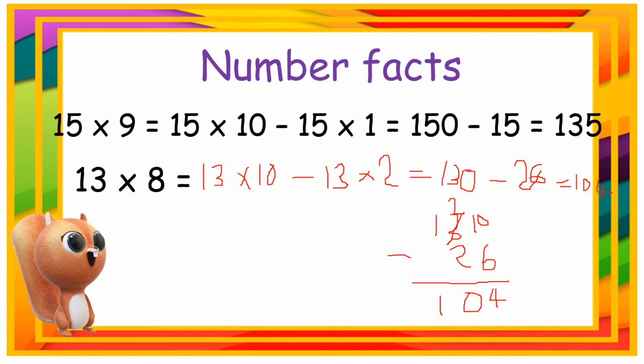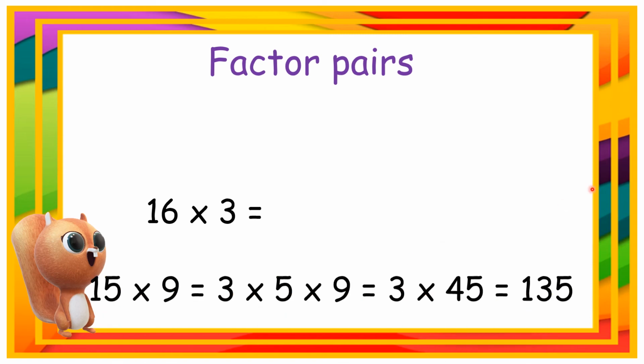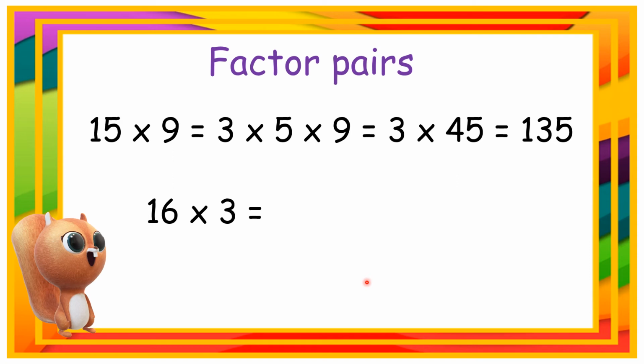Okay, let's find out the third method we could use to solve our multiplication problems efficiently. We could use our knowledge of factor pairs. Here is an example. In my previous video, we learned about factor pairs, and here is how we could use factor pairs to solve our multiplication problems efficiently. I have 15 multiplying 9 again. So what two numbers can I multiply together to make 15? I know I can multiply 3 and 5. 3 times 5 gives me 15. So I have 3 multiply 5